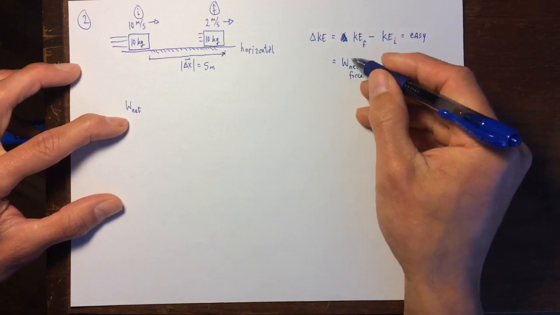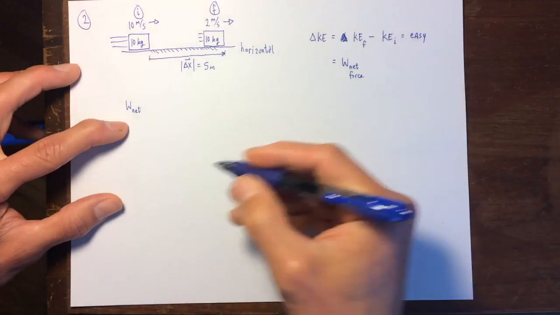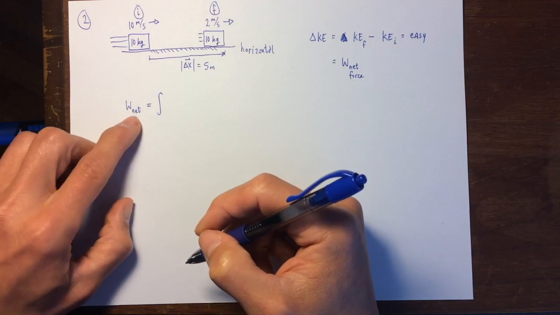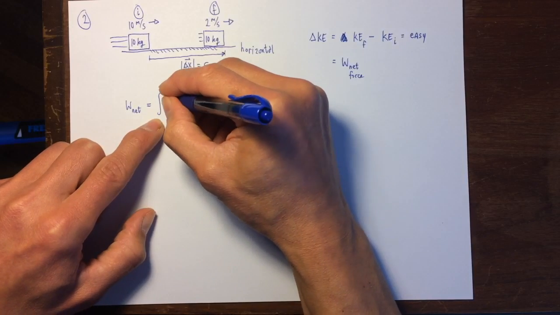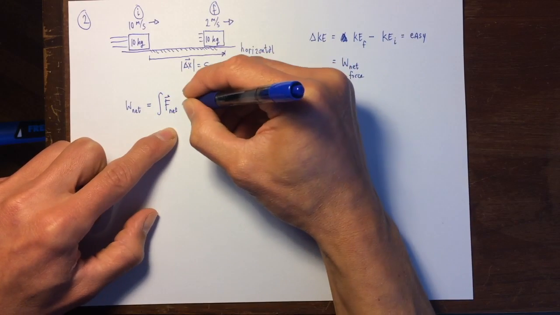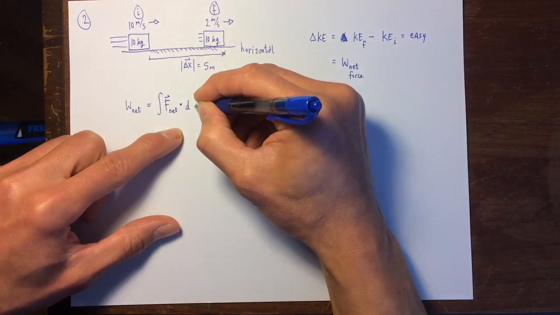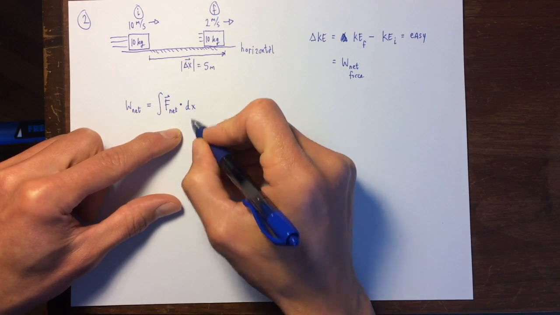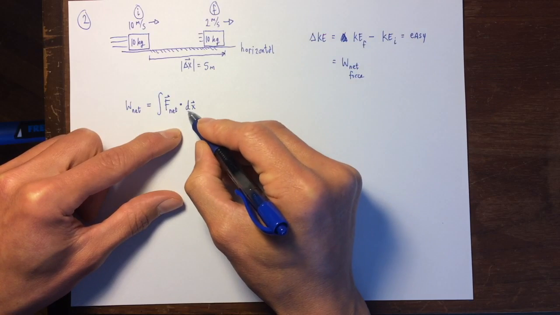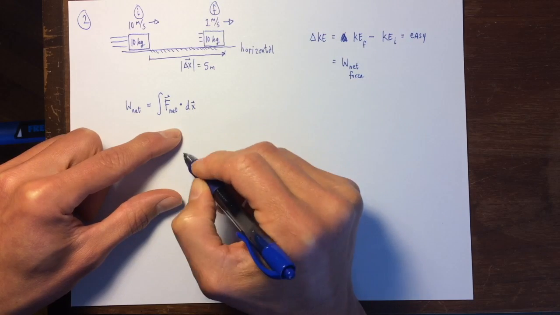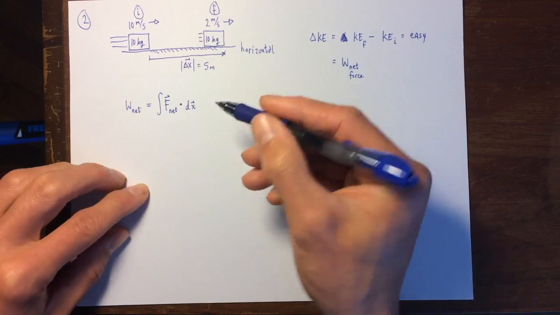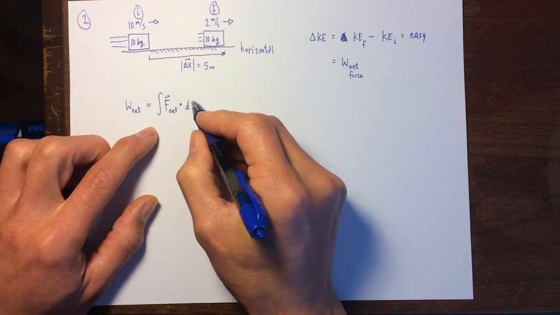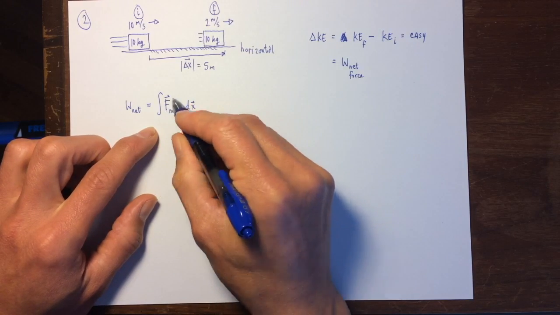is the change. But this part right here is the hard part, and it's equal to the integral. So in general, it is an integral of the strength of the net force dotted with small parts of the displacement. So I'm going to put, maybe your book puts a little r right there, but these are little bits of x displacement. These are small x displacements. So I'm going to add up a whole bunch of small amounts of work done by the net force is